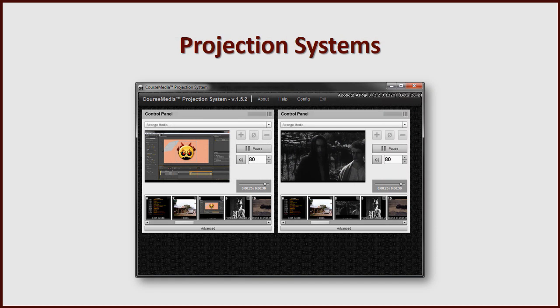So I thought I'd talk a little bit about some of the projects that I've used AIR for over the years, what makes AIR interesting to use, and what makes it powerful in terms of driving some of these projects. This first one has to do with multimedia projection systems. What you're seeing here is the user control panel for a system that taps into a room with multiple projectors. It's able to detect how many projectors are in the room, and then it creates a little control panel